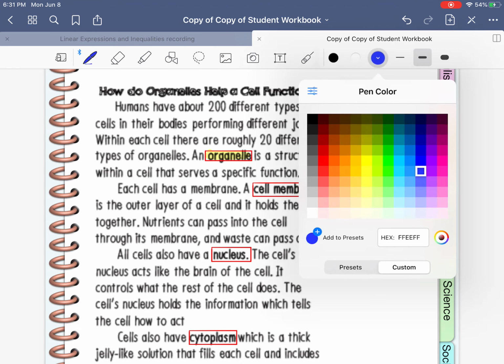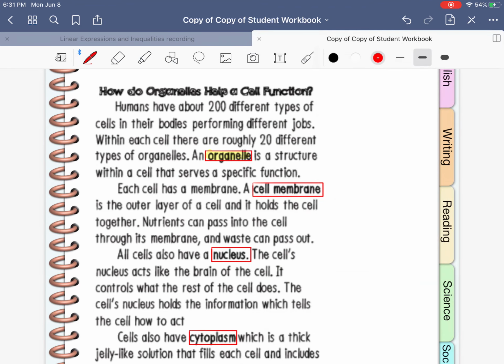So the definition, there's the linking verb, is a structure within a cell that serves a specific function. And that's the definition that we want to write. So on your flashcard for organelle,